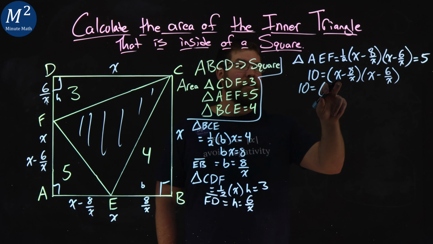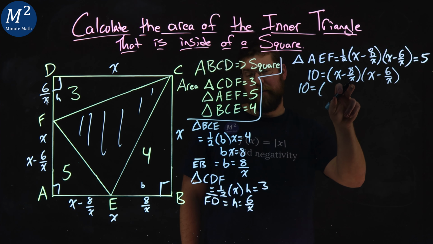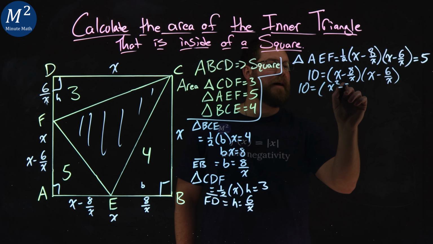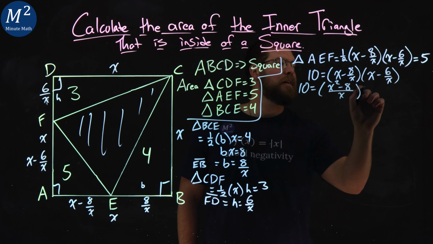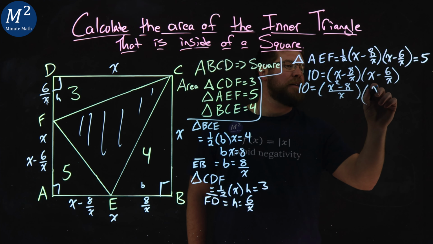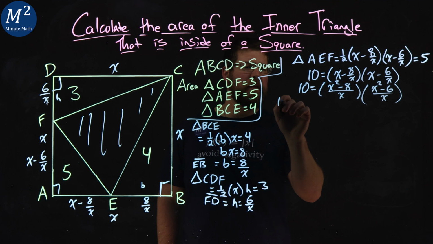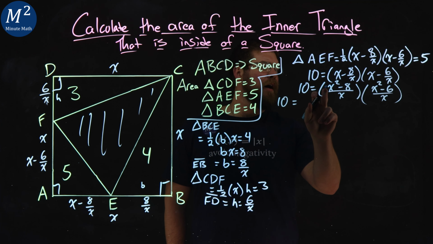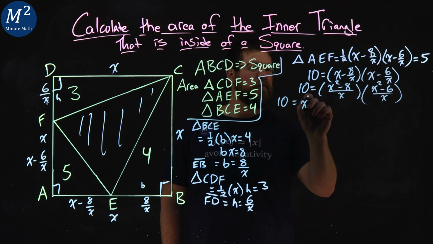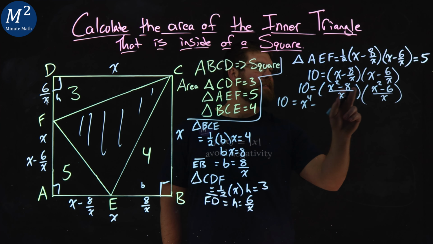And x can really be x squared over x, which has the same denominator, so we have an x squared minus 8 over an x here. Same idea here, x squared minus 6 over an x. And so we can multiply this out: 10 equals x squared times x squared, x to the 4th, minus x